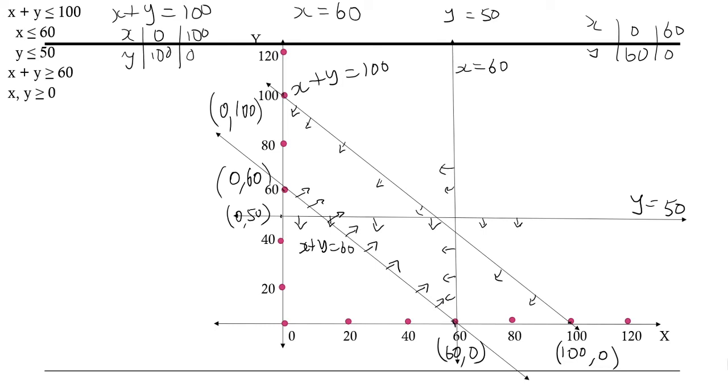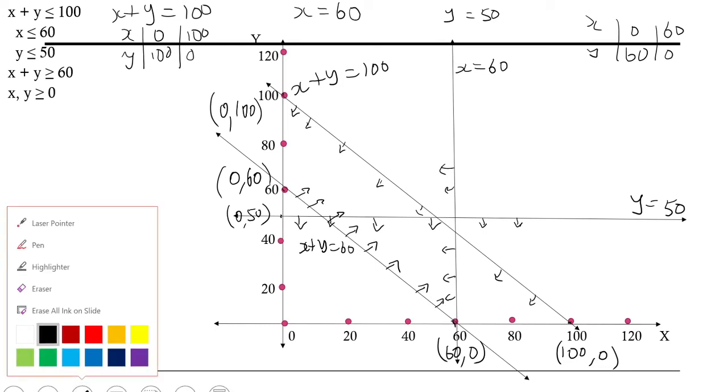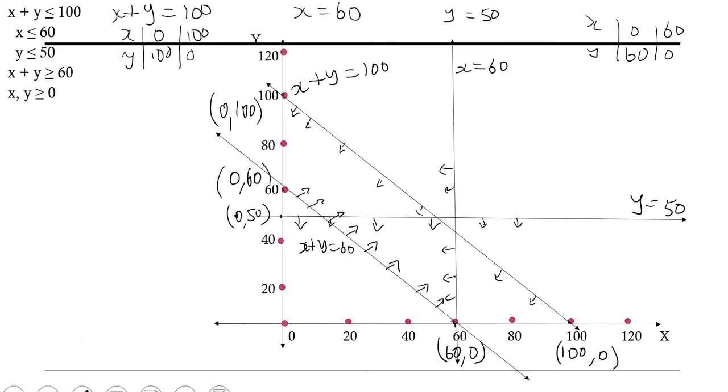So the region which is common to all these inequalities is this part. I hope this is clear. So this is the feasible region and it is bounded. It is bounded by certain points, called the vertices. We get the optimal value of z at these corner points. These are the corner points.